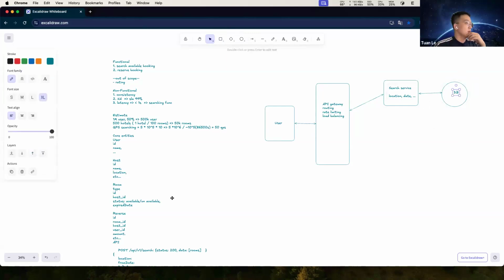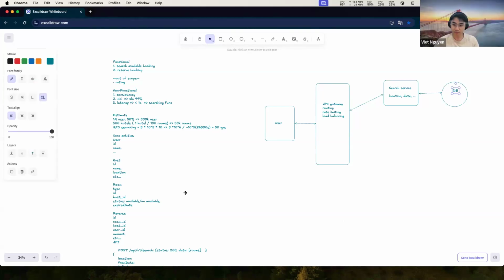In this database we can use a relational database. We can index by location and date here. With that dimension we can use a SQL database or NoSQL if helpful.